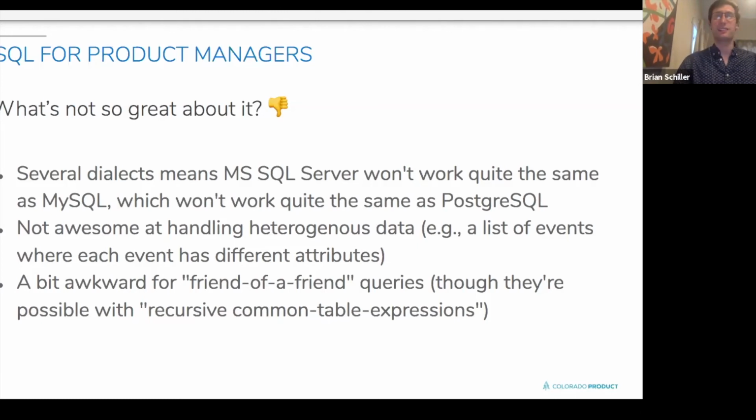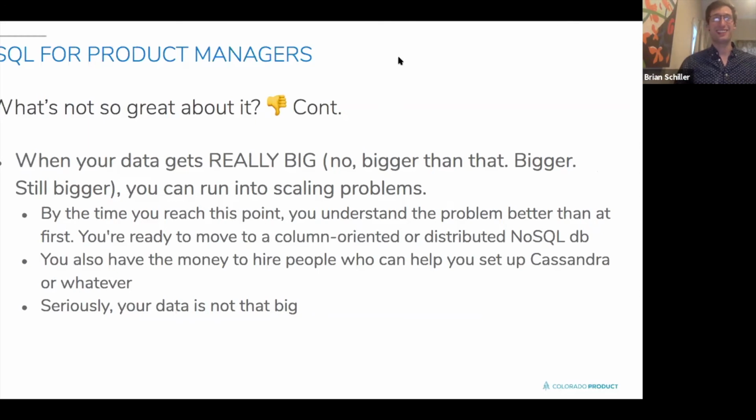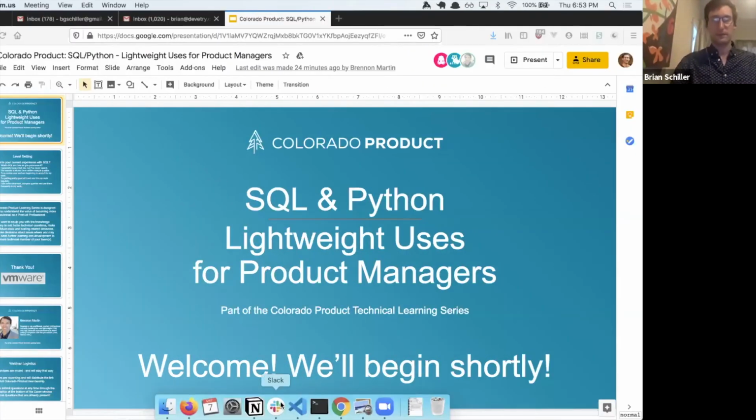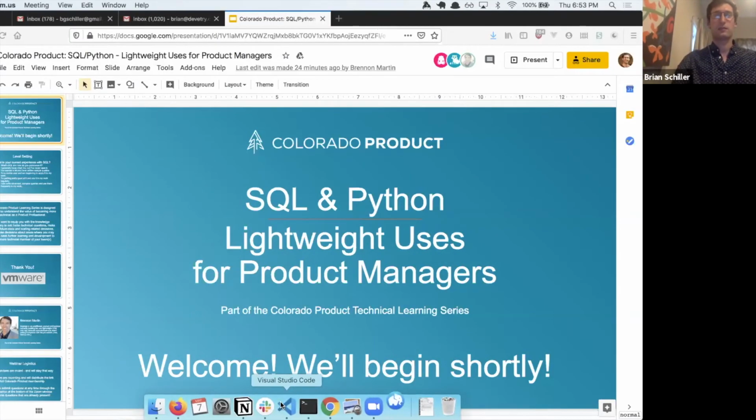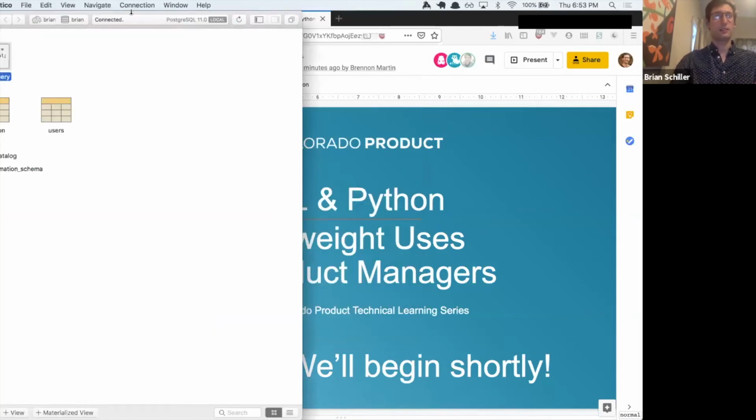Unfortunately, this is Brennan's screen. I'd love to be able to pull something up from my computer, but I'll just have to describe it. There is a query that you can write to, oh, will this work? Awesome. I'll just go ahead and share my screen. Okay, so